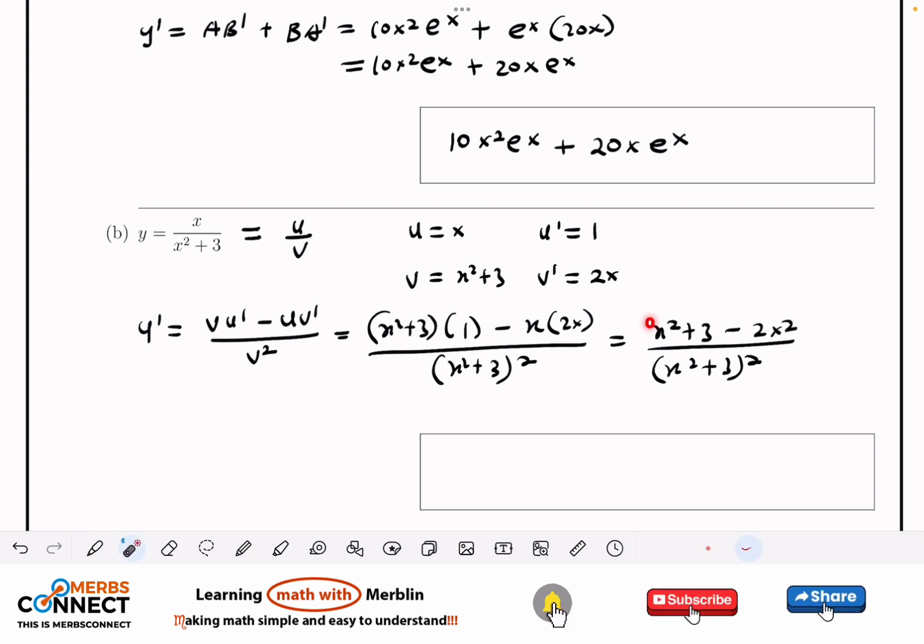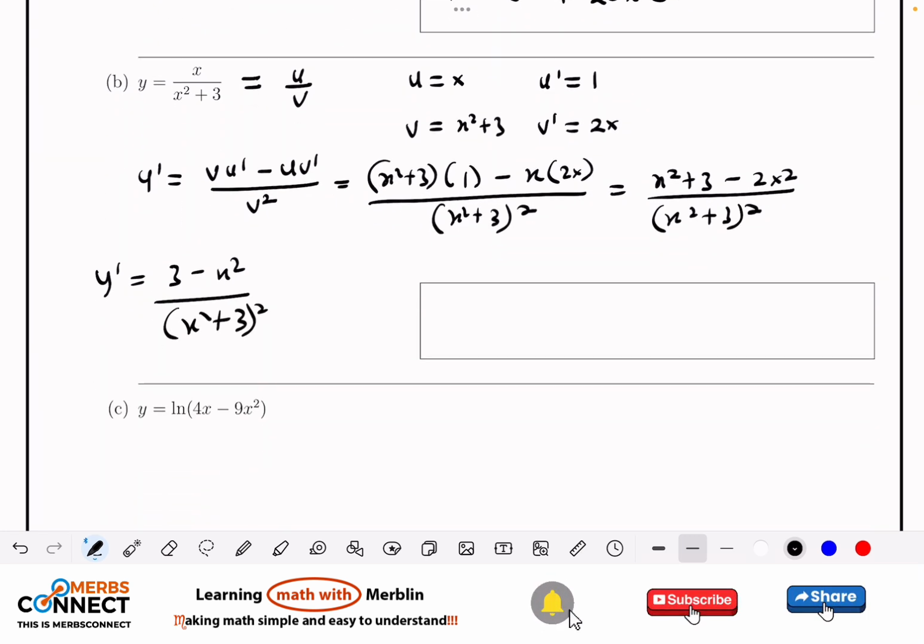The final simplification is 3 minus x squared divided by x squared plus 3 all squared. This will be my final answer, so I write it here: 3 minus x squared divided by x squared plus 3,